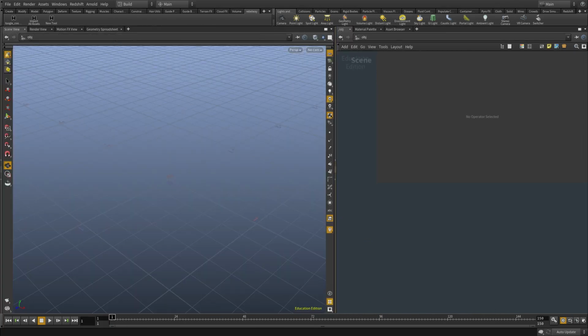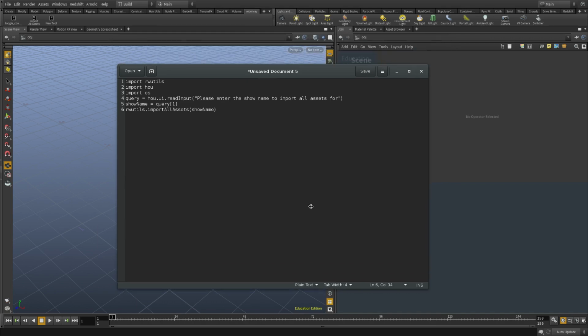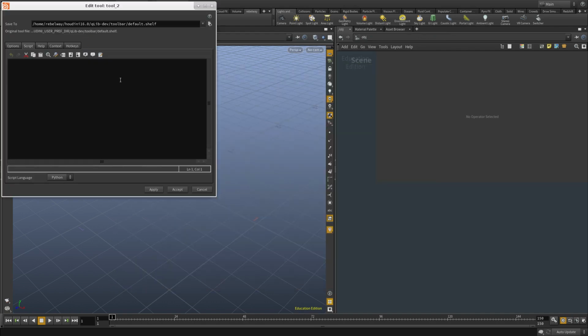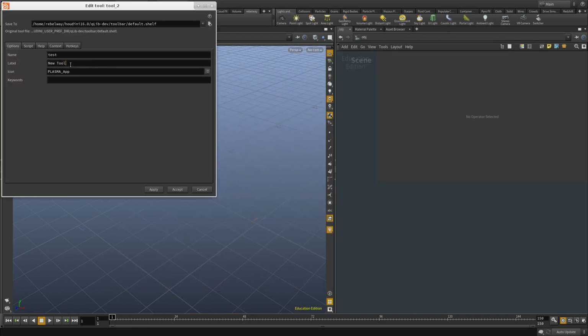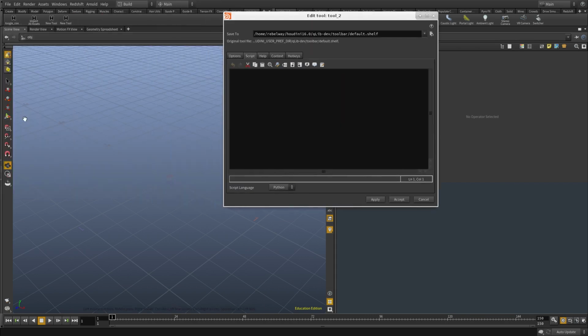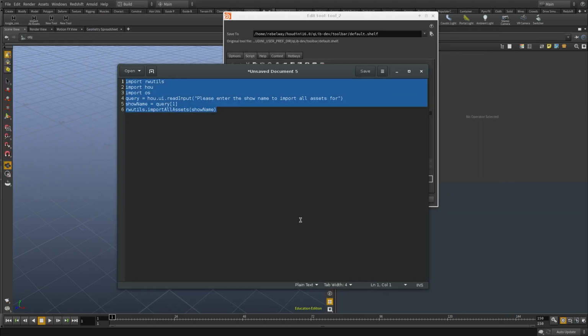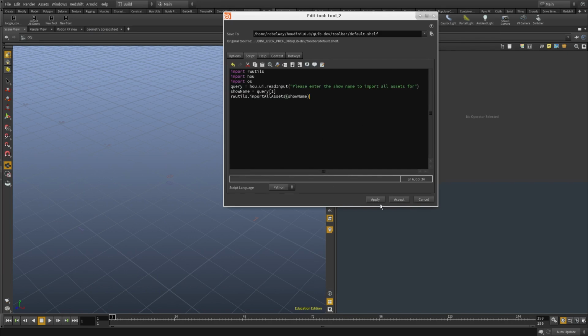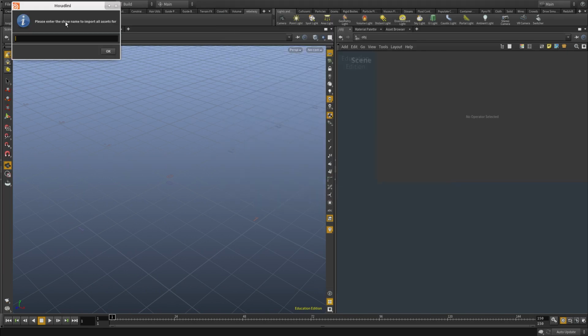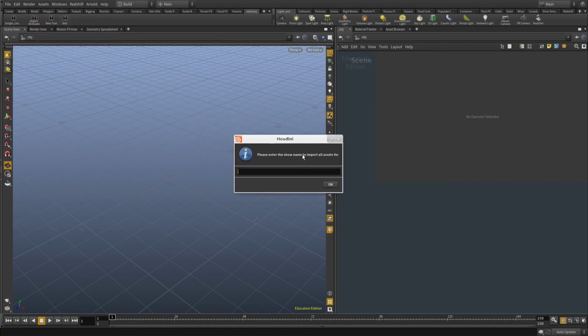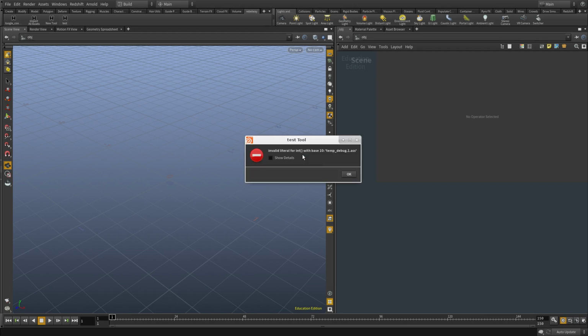What I'm going to do is we need to import the assets. I have a simple script here that I made as a shelf tool, and all you have to do is create a new shelf tool and give it a name, test. And then for the script, we're going to copy these lines here, paste them and hit apply. If we click test, it will ask you for the name of the show, and the show name is AAC Workshop. I'm going to type that and hit enter,